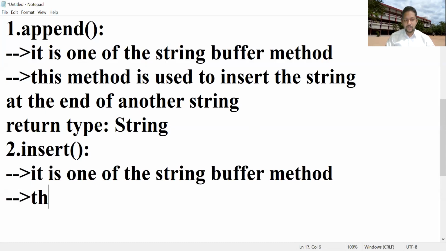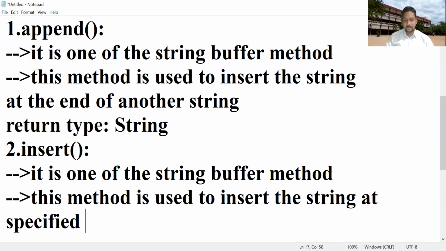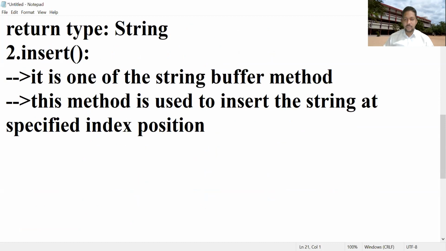This method is used to insert the string at a specified index position. Wherever you want to insert the string, it is possible to insert it there.